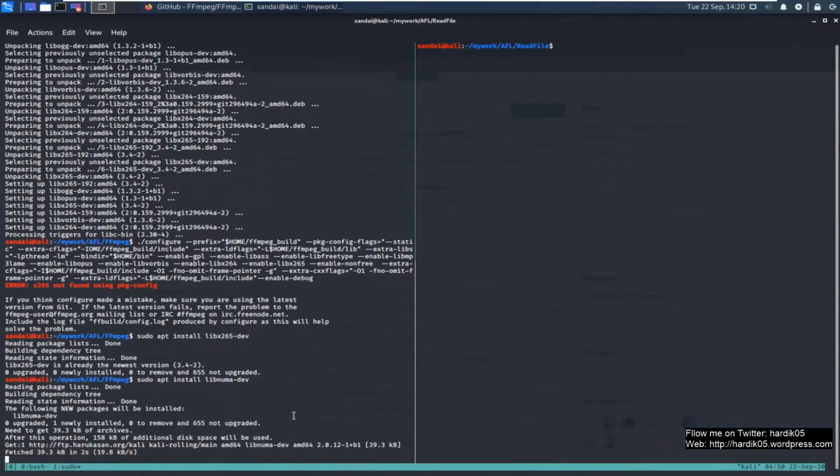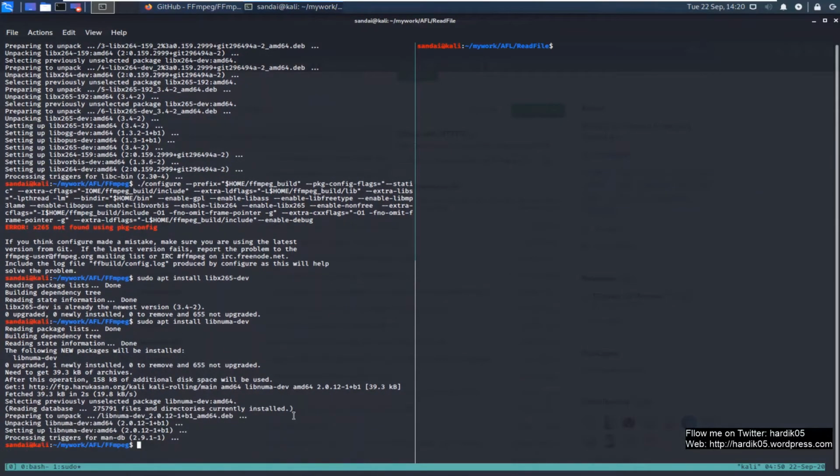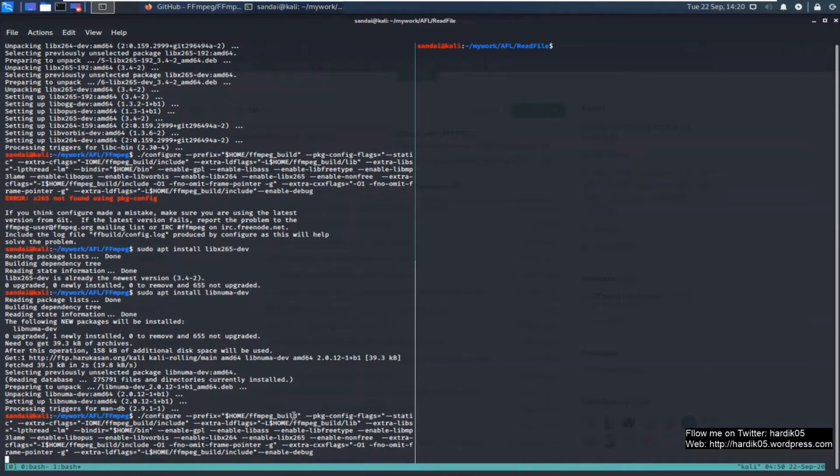Okay, it is installing that library. So let's wait, and we will again run our configure command and see if it is able to fix that error or not.